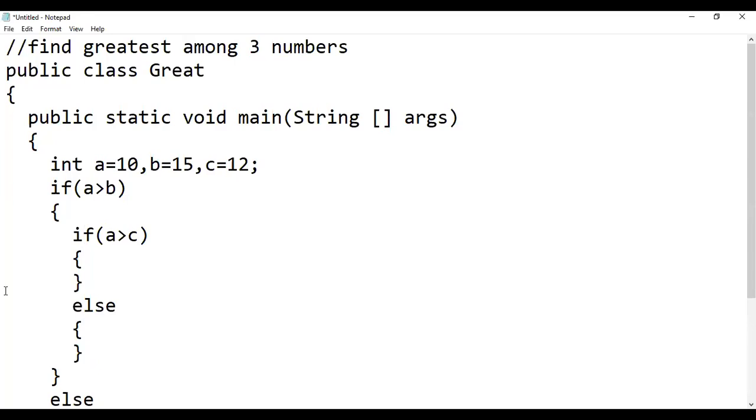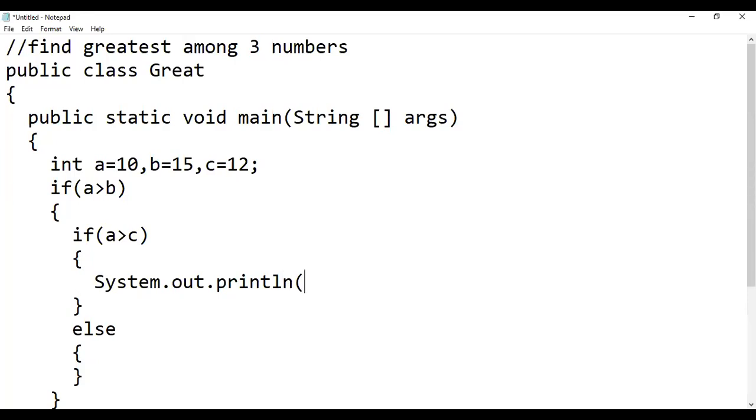So firstly, A greater than B. Now A is greater than B. So when it enters the body, again a condition will be checked: A is greater than C. If this condition is true, it means A is greatest. I'm writing here A, then plus is greatest.